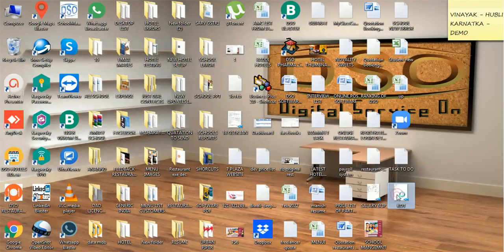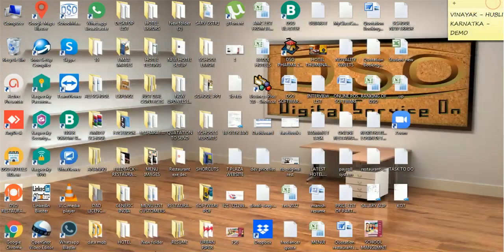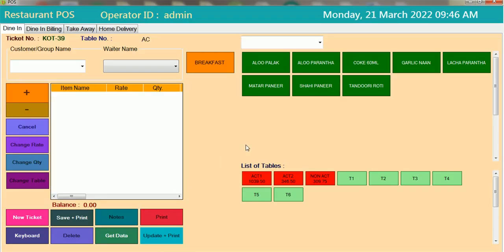So this is our KOT, which will go directly to your kitchen. Your ticket number, table number, bill date and time, attendant by, customer name, everything you can see here. After the KOT goes, you start processing the items.